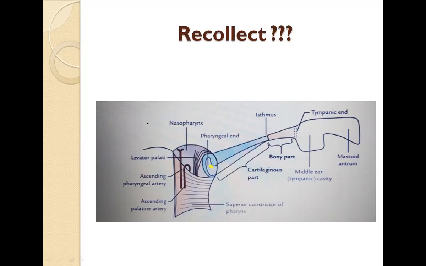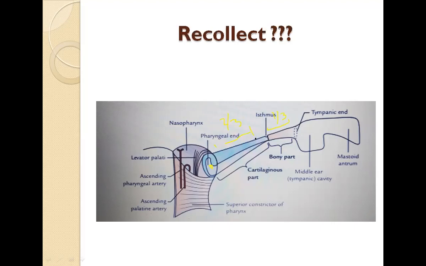Moving on to the summary, the auditory tube in adults is approximately 36 millimeters in length. It is made up of two parts, the bony part and the cartilaginous part. The auditory tube is an osteocartilaginous channel connecting the tympanic cavity and the nasopharynx. The bony part is the posterolateral part, which is one third of the entire length of the auditory tube. The cartilaginous part is the anteromedial part, which corresponds to two thirds of the entire length of the auditory tube.